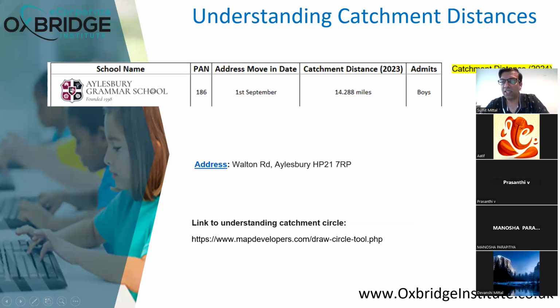Now, a lot of parents ask, how do I evaluate catchment areas? Am I in the catchment? Is this postcode in the catchment, etc.? So what we are going to do is a small exercise, which you guys can do at home as well, which will help you understand if you are in the catchment or not. So for Aylesbury Grammar School,